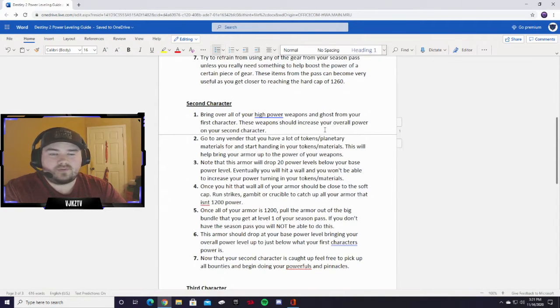So all I had to do was go to Shaxx and start turning in my Crucible tokens, and that instantly started catching up my armor pieces to my weapons. But you can do this with any tokens or any planetary materials. Say if you have a lot of Vanguard tokens, you can go to Zavala, or say if you have a lot of planetary materials, like a lot of data lettuce, you can go to Nessus and turn all your stuff in to